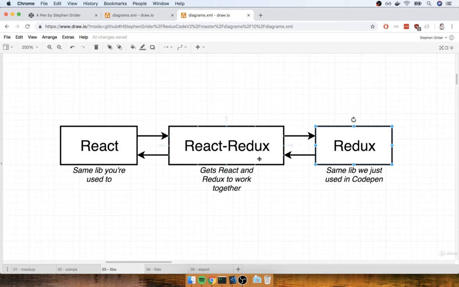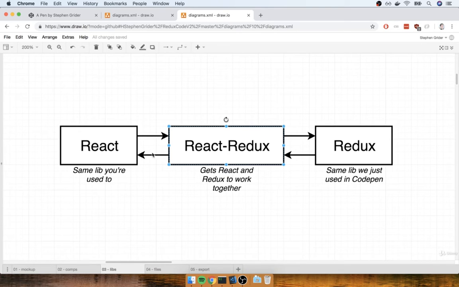But at the same time, we're going to install a second library called React Redux. That's literally its name. It's React-Redux. This is a third library that we're going to use to make sure that React and Redux can talk to each other. Remember, Redux was not necessarily designed to work only with React. So the React Redux library has a bunch of helper functions inside of it to get Redux to work nicely with, you guessed it, React.